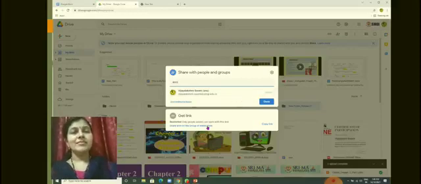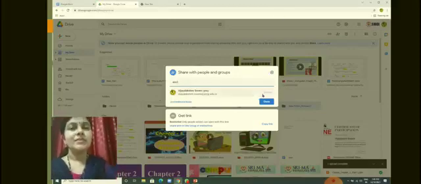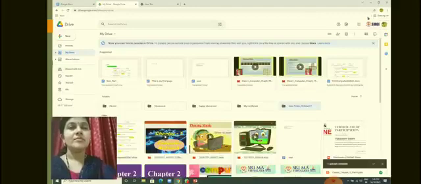Otherwise, if you want to send the link through WhatsApp, you can copy the link and send it, through email also. This is sharing the file or the folder.